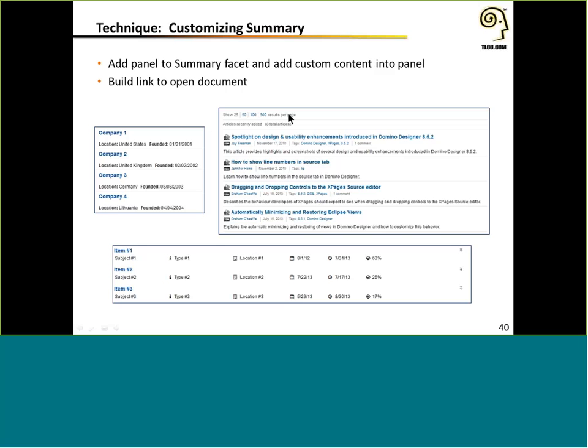The important thing to understand is, again, it's a named facet, so it can have one direct child element. So drop a panel or a div or some kind of container control into the summary facet, and then you can start adding other controls to customize it as well. The other thing to remember, if you do customize the summary, the data view will not automatically build you a link to open the document, so you need to create that link yourself. But if you set up that link and surround it with H4 tags, you'll get the same exact look and feel that you have with the default data view link.